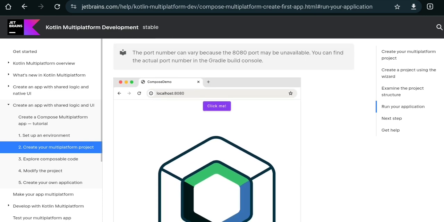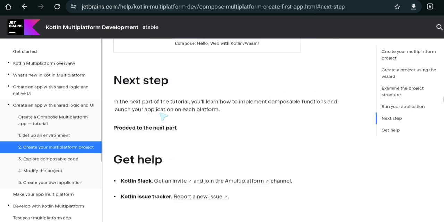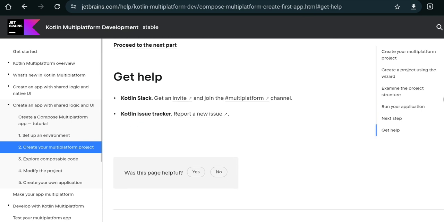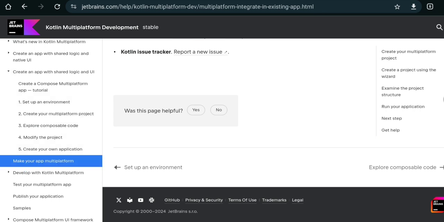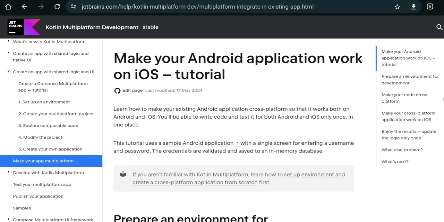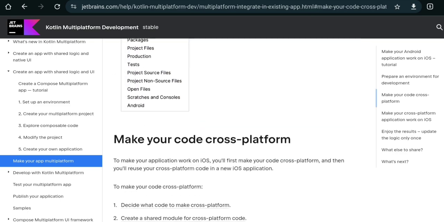Yeah, but how to deploy? Okay, so this would run on desktop, on web. Next step, composable function. No, next step should be how to create the deployment and make your app multiplatform. Make your app work on iOS.